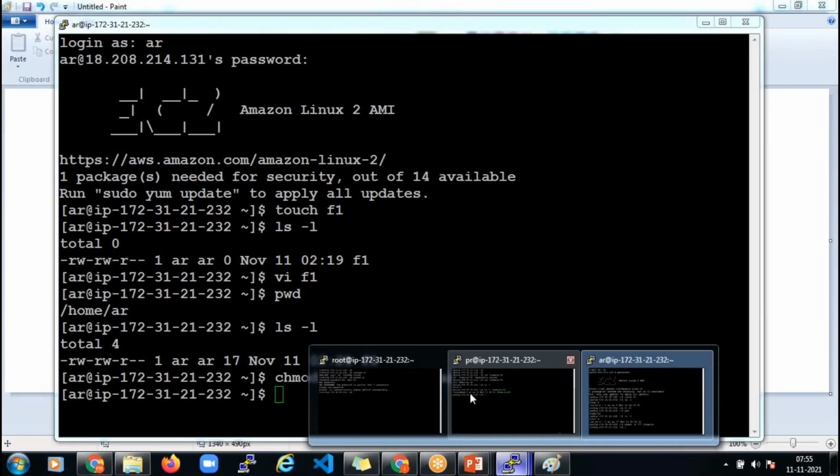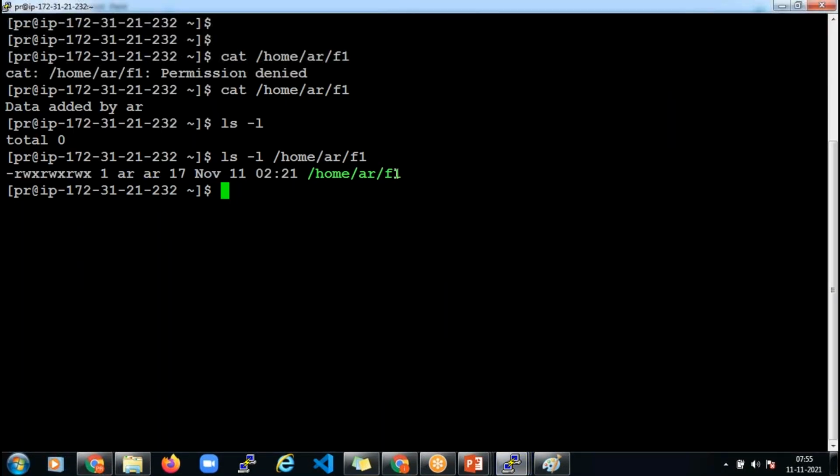I think on the screen you see this particular file. If you look into this metadata, this particular column is talking about the owner information. Who is the owner of the file? That is what we can see from this column, guys. Here we can see AR. That means AR is the owner of the file. Since AR is the owner, the AR user can decide what the permissions of this file should be, no one else. So that's how the owner can decide what permissions have to be granted for a user